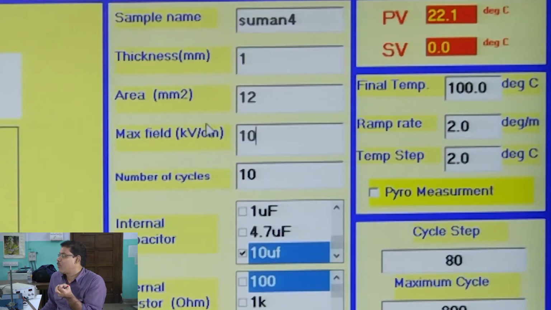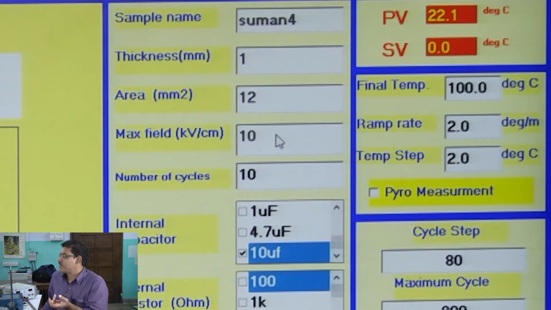The unit is kilovolt per centimeter, for whatever electric field variation I want. The maximum electric field, up to 10 kilovolt per centimeter, you can select depending on your sample. You can select 5 kilovolt per centimeter or 100 kilovolt per centimeter.